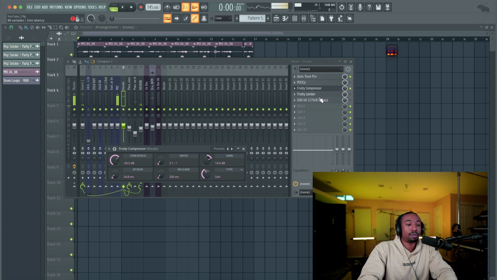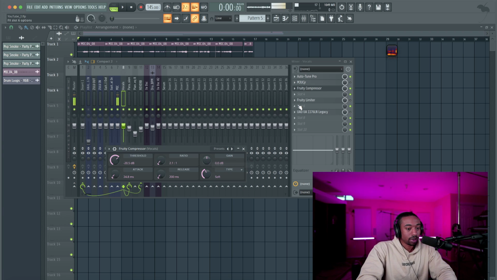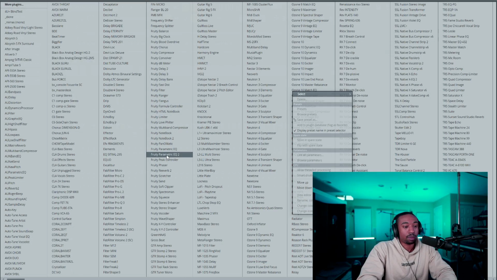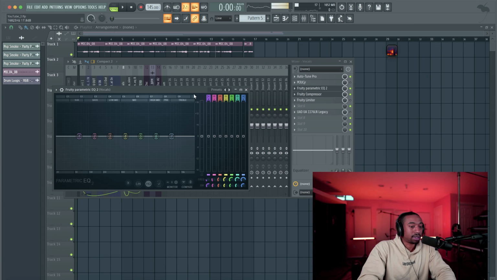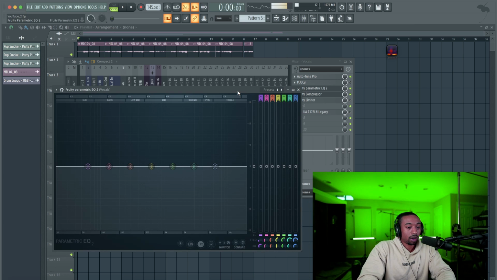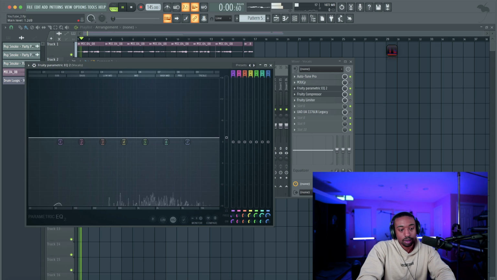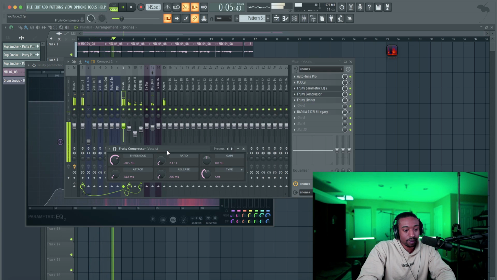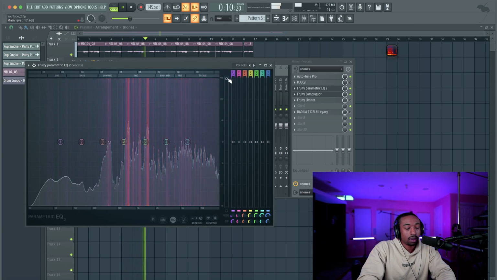Remember, the problem might not be how much you're compressing, it may be the input volume. So sometimes, notice how I had to crank this 14 dB. What I'm going to do instead of cranking the output is crank the input. So this is the step a lot of people miss. They forget that compressors are triggered. So what I'm going to do now is open up a parametric EQ 2. On the far left, we have a gain knob. People overlook this. And I'm going to push this going into the compressor. And it will give you a different tone now in the compressor. I'm going to exaggerate it.